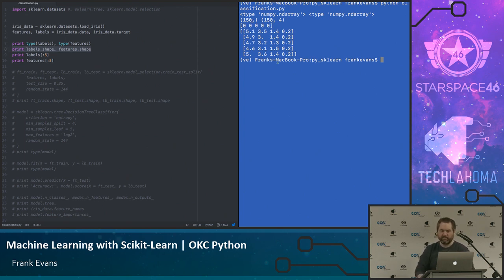Not materially different than a list, except it's a vector. Don't need to get started on what the difference is. And then my features themselves, I've got 150 rows, 4 columns. So it's 2 dimensions.